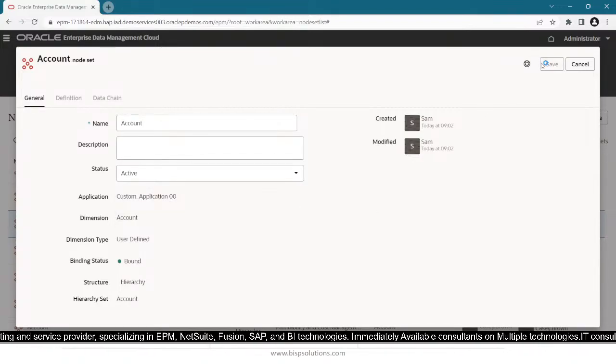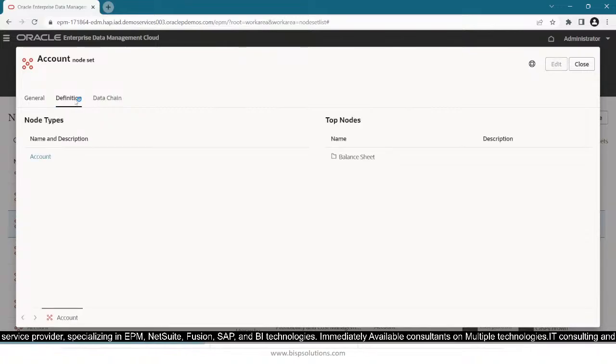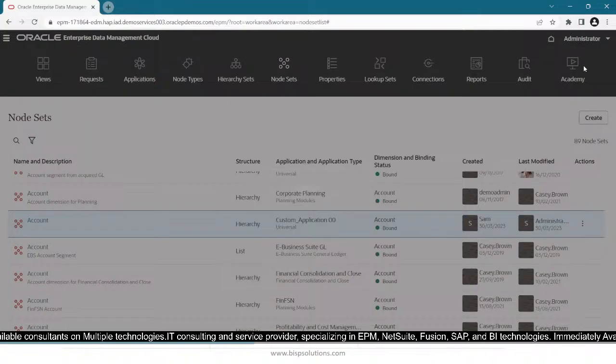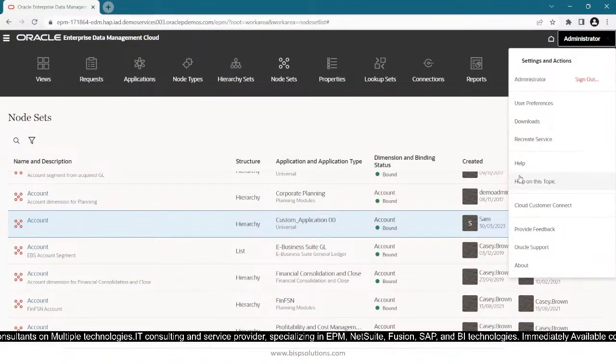And one more thing, let me just save and show you that, because admin is not the owner of the application. Okay, he's not the owner of this particular node set either, because he has not created it. But Sam can add to this particular node set. The administrator can only make the application or node set archived or make the status active, but he cannot modify any type of node set or any application settings. Okay, let me close it, and I will log in as Sam